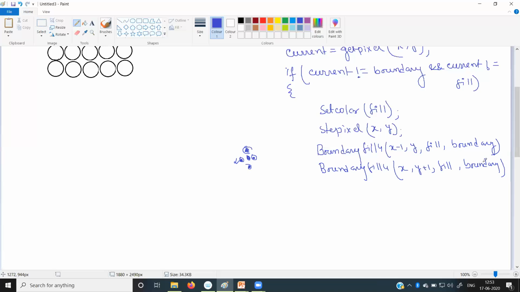Now we will again call the same function for this particular pixel, whose coordinate is x plus 1, y, then fill color and boundary.